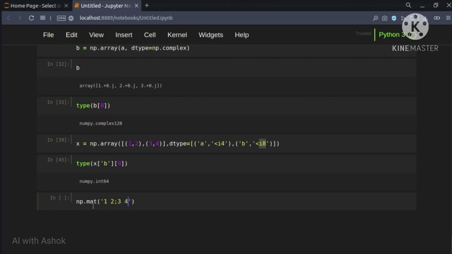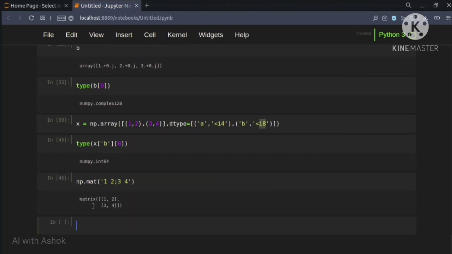So this 1 and 2 will be the first row, and 3 and 4 will be the second row; 1 and 3 are in one column, and 2 and 4 in another column. So this is the matrix. See here, 1 and 2 is a row, and 3 4 is a row.